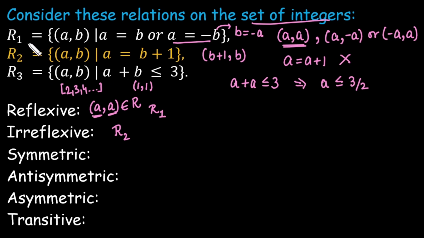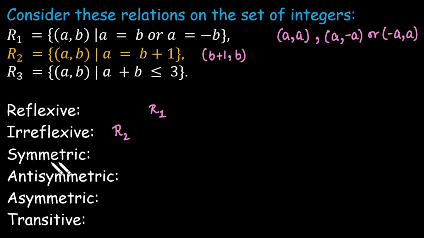Now whether R1 is irreflexive? No. Here all the elements are related to themselves. It means it is not irreflexive. Now what about the symmetric relation? Symmetric relation means if (A, B) is a part of a relation, this implies the reverse should be there. Now whether R1 is symmetric, let's check it. If A is equal to B, then the reverse is possible. And in this case, its reverse is this and it is also there. It means clearly R1 is